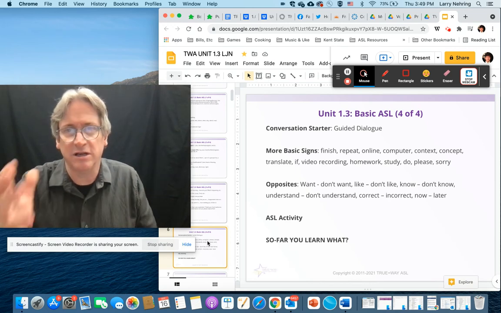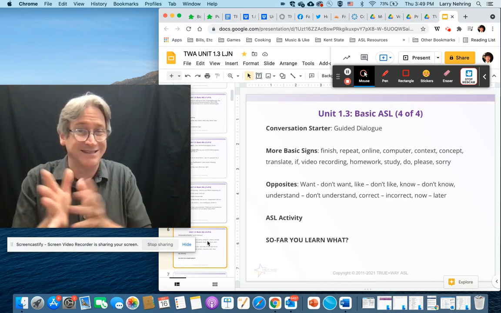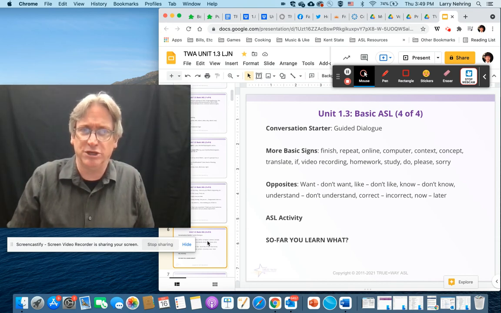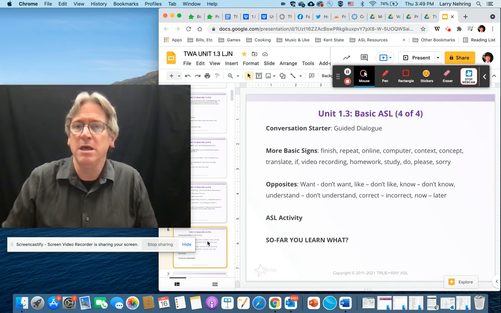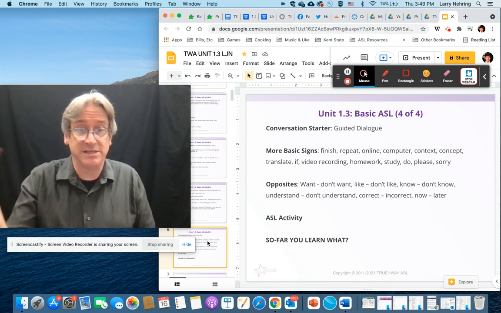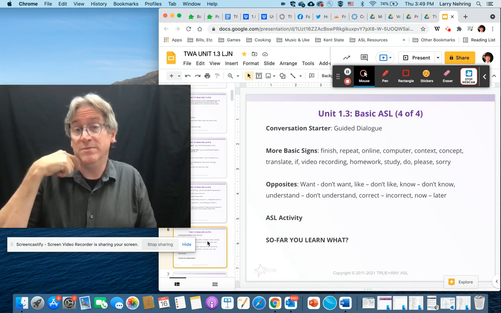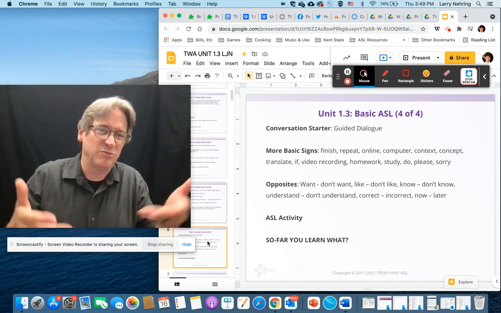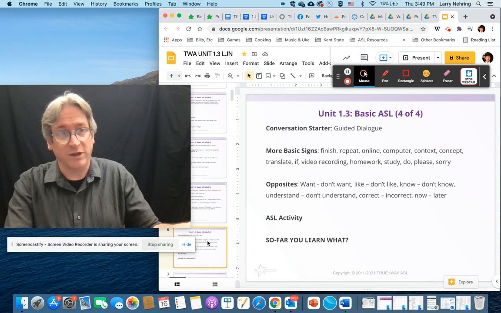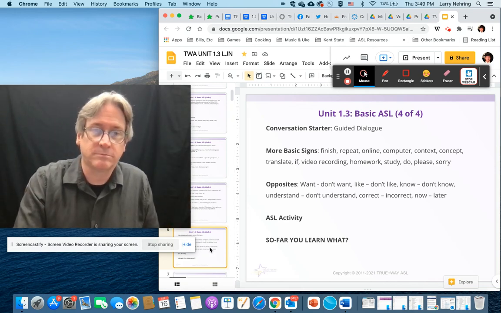There's the conversation starter. There's that guided dialogue, and you'll see that at the video at the end. By that point, we'll have established every bit of information that's in there. We've got some basic signs. We'll talk about opposites. There'll be an ASL activity, and it's really a conversation that we're facilitating, and then a review of everything we do in here. So,